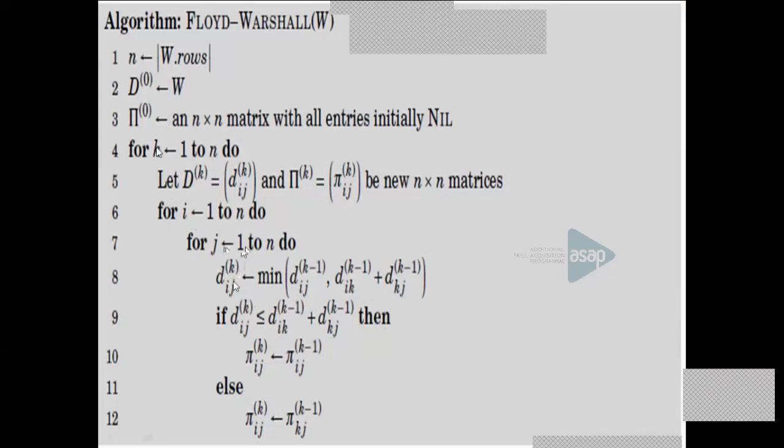For i, j equal to 1 to n, D_ij^k, for k is also 1 to n. D_ij^k will be the minimum of the previously existing value, which value was there in the table, or the new computed value through the intermediate vertex k. K can vary from 0 to n minus 1. Therefore, whichever is the minimum, that value will be taken.